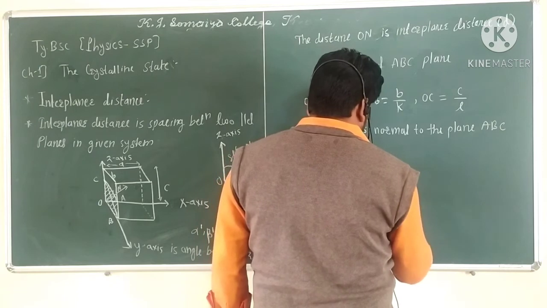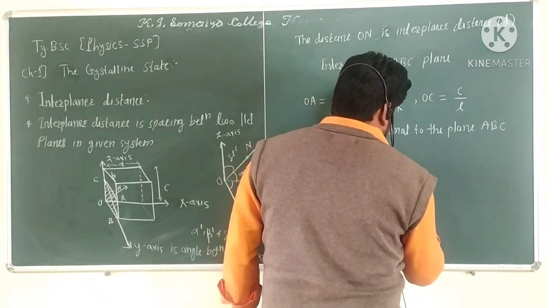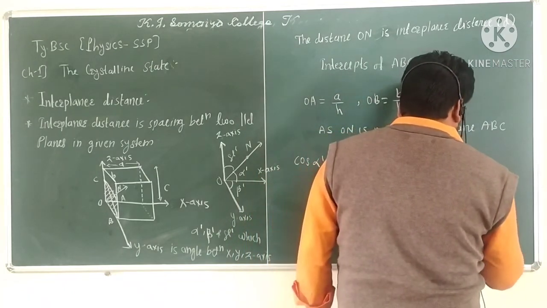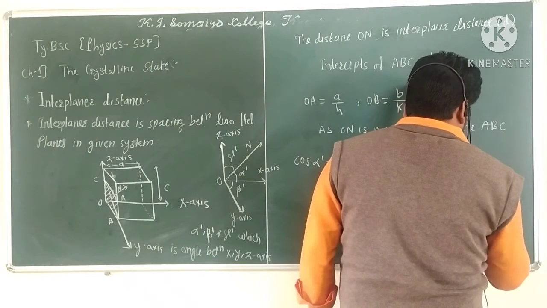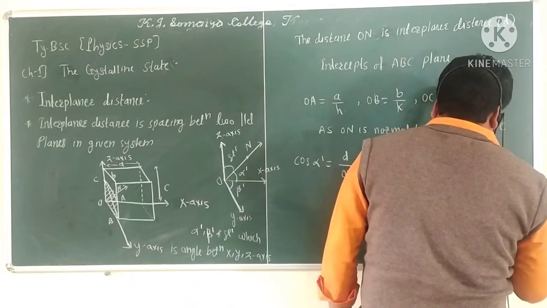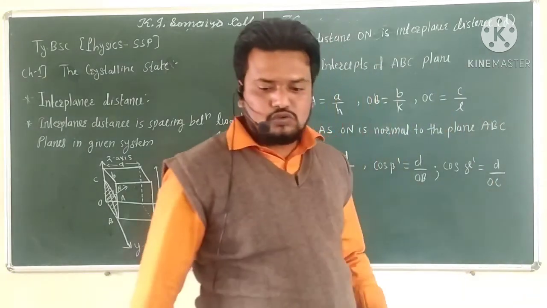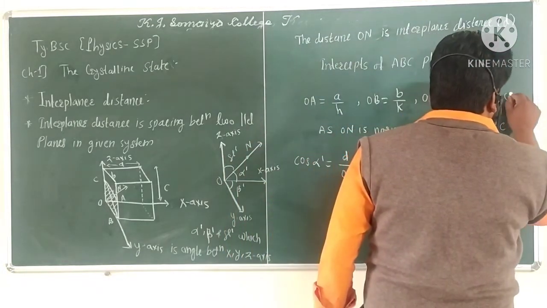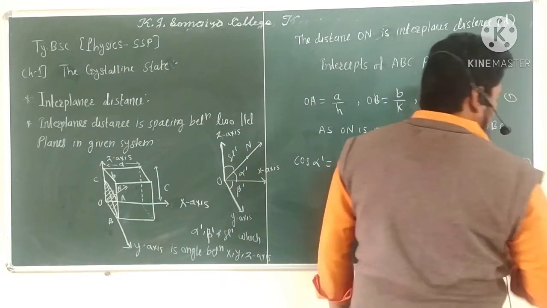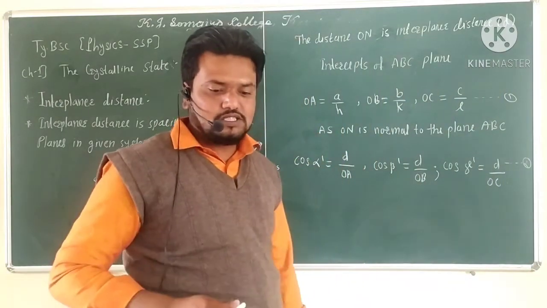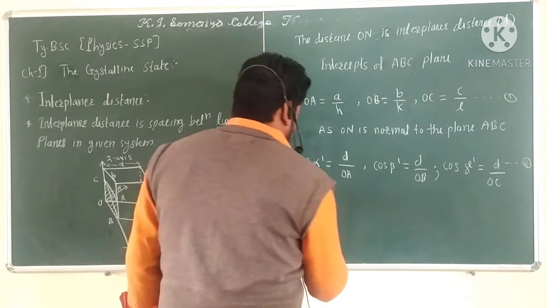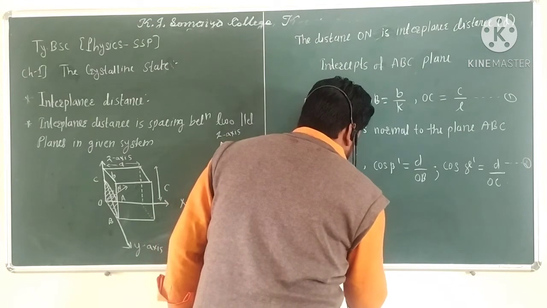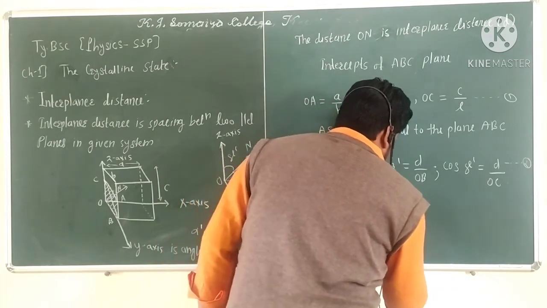After that, cos beta prime is equal to d upon OB, and cos gamma prime is equal to d upon OC. This is fine. If we compare, this is equation number 1 and this is equation number 2. Using equations 1 and 2, we get